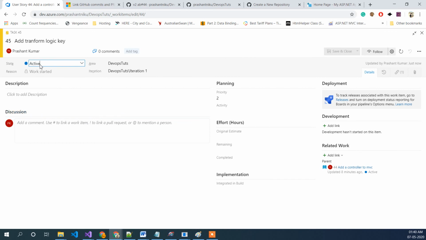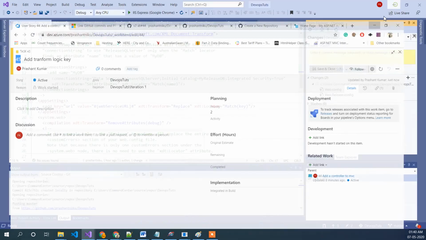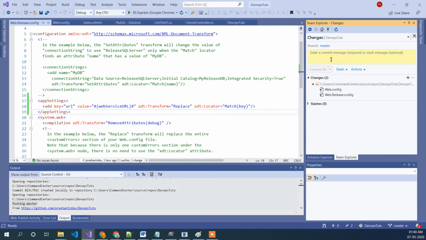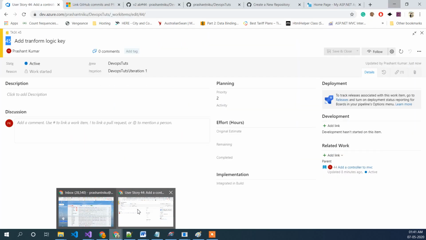Let me just create an active on it, and this is the 45. So I will add inside that, edit transform key, and do AB hash 45 on it and do a commit. Let's cross check it again. Yes, that's 45.